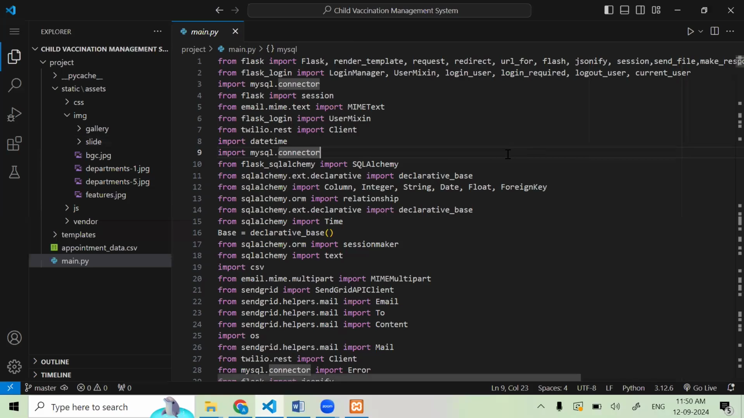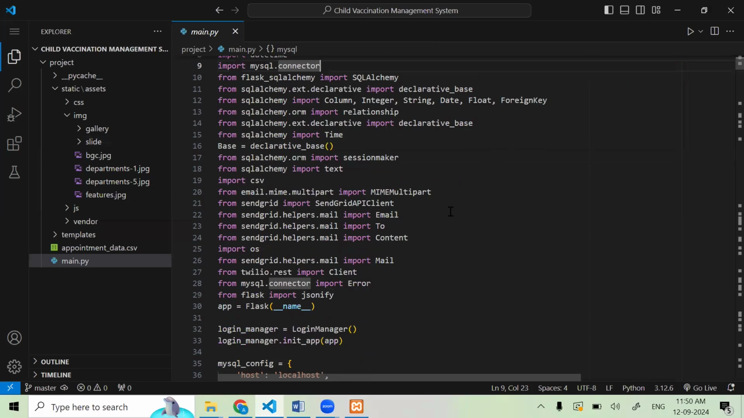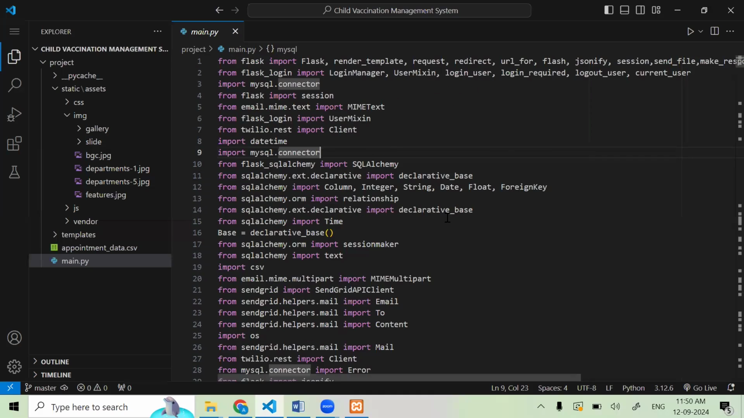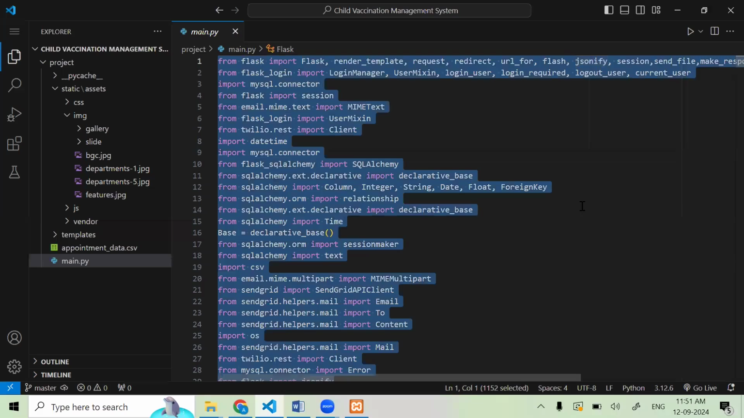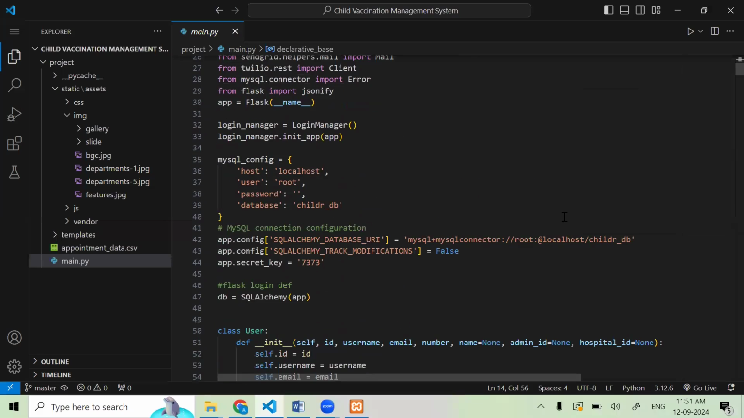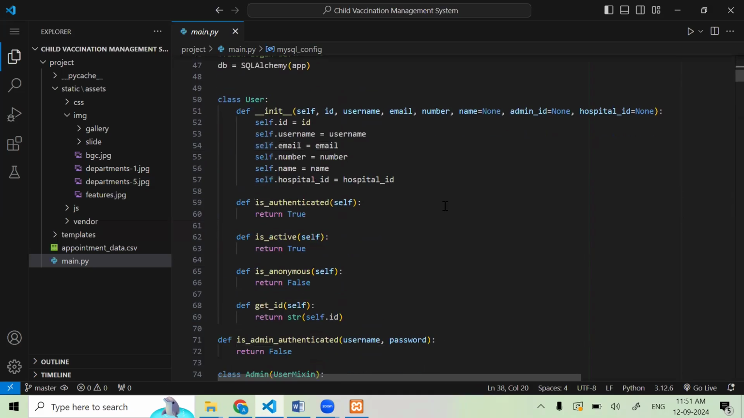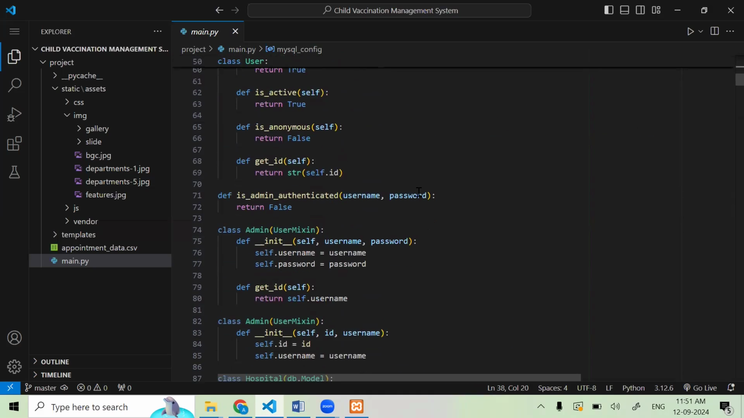In this, we are using the Flask framework, so we need to install those libraries. I already installed these libraries, and we are connecting the database through the backend to the MySQL database. So this, and all the models for the database,